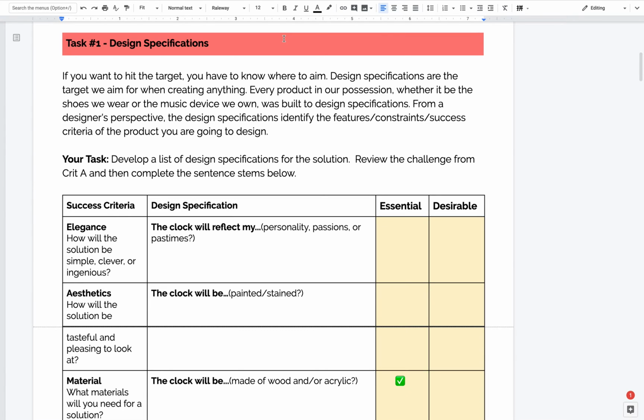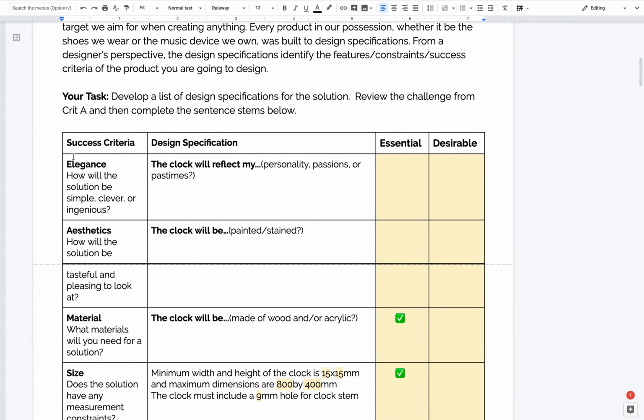So your task is to develop a list of design specifications for the solution. In this case, the solution is a clock. Review the challenge from Crit A and then complete the sentence stems below. The success criteria is the left column here, and one of the success criteria is we want to think about